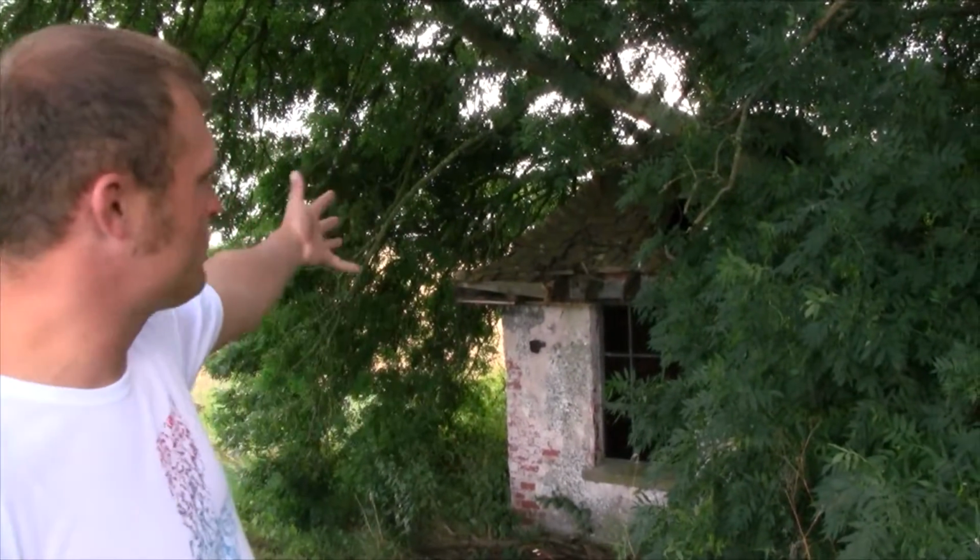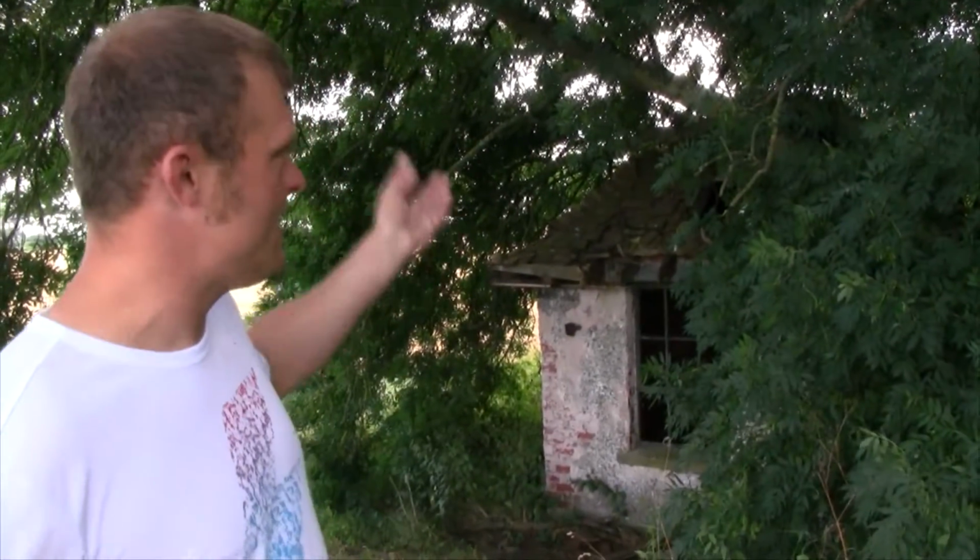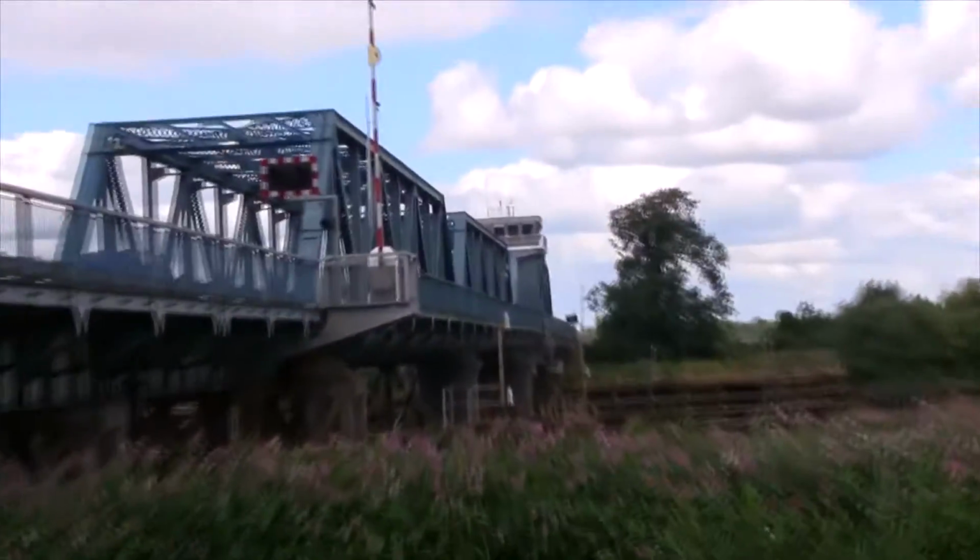All the customers that use the Boothferry Bridge from day to day rely on that control tower to get them across the Ouse safely and in one piece. The old one behind me is the old control station, so you can see how things have come on. It's come from a little signal box affair hut to an ultra modern day facility situated on top of a girder bridge here at